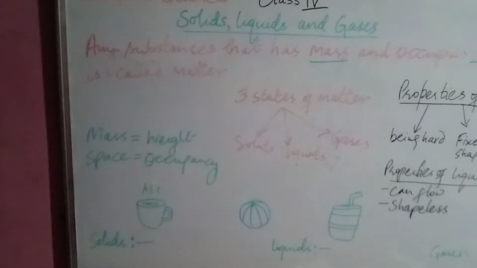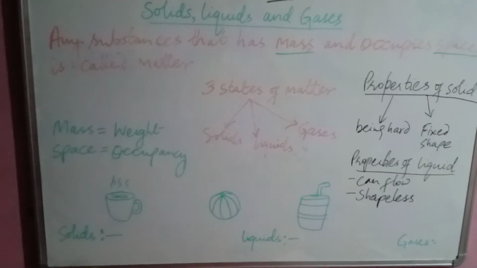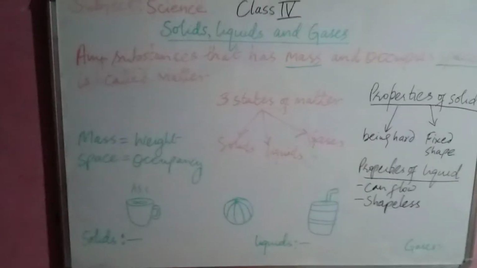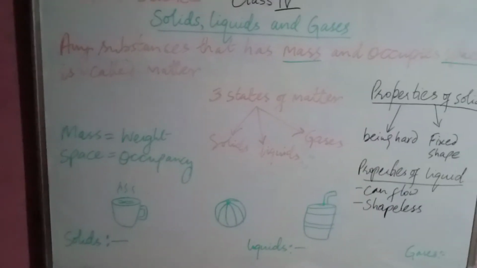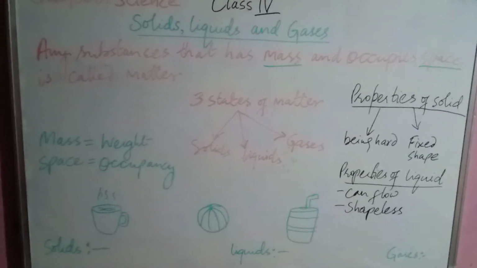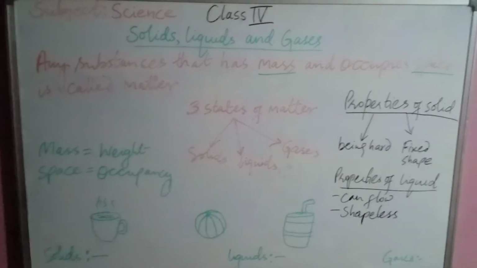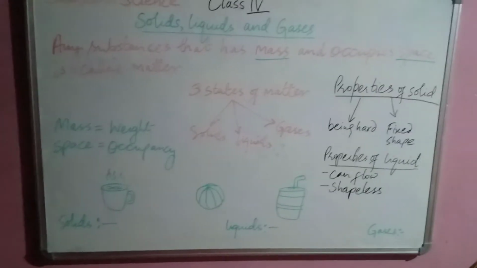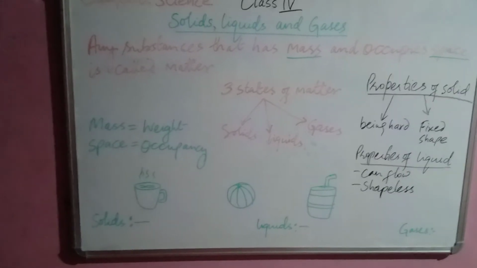Moving on, identify the solid, liquid, or gas in each example and then write them in the correct column to complete the table. Below the paragraph in your textbook, there is a picture of a mug, a ball, and a glass with a lid. It's a tetra pack of a fruit juice product. You have to identify the states of matter and then write.